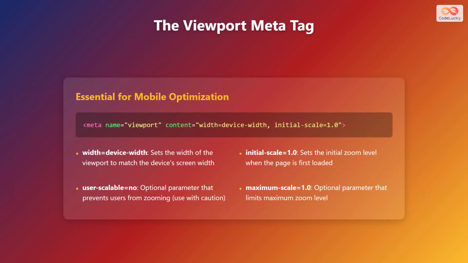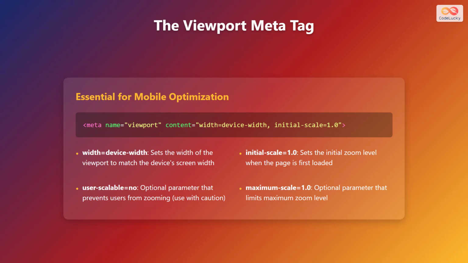One of the most essential tools for mobile optimization is the Viewport Meta Tag. This tag controls how the browser scales and sizes the web page on different devices. It is placed within the head section of your HTML document. Here's the code for the Viewport Meta Tag. Meta name equals viewport, content equals width equals device-width,